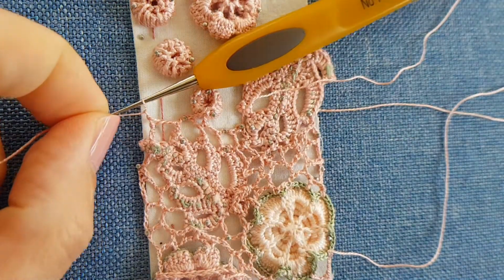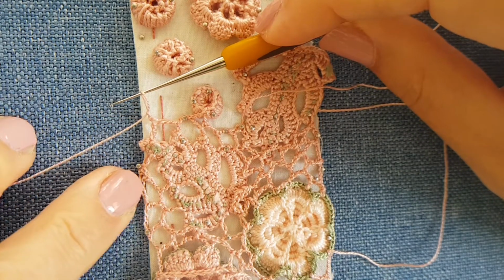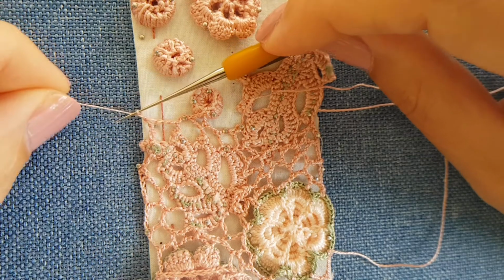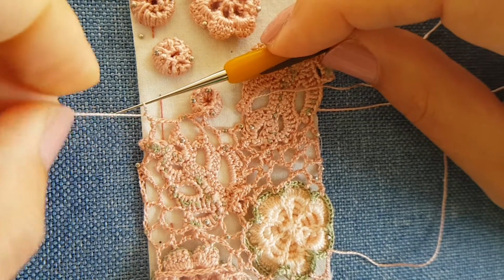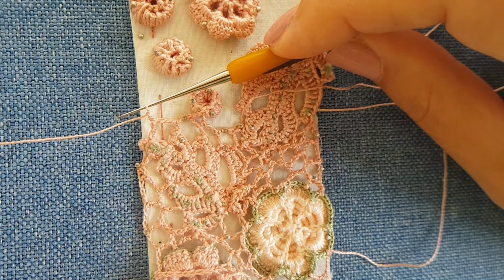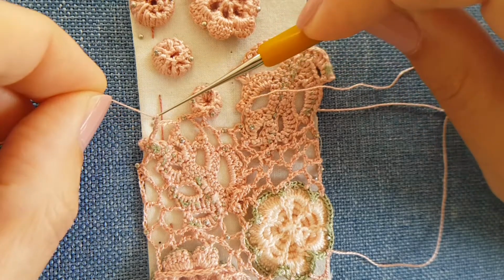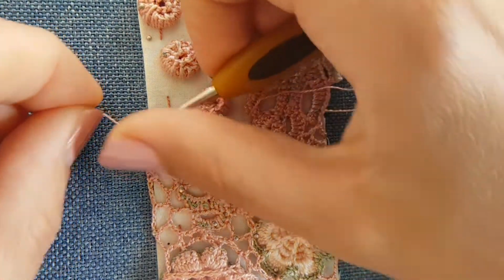Now when it comes to the edges, because it's a free form crochet, let's say this edge is coming out from my model of the collar, but this is only a small thing, so I won't be worried too much, because when I'm finished with the lace, I will be finalizing the edges with a separate, basically just single crochet and a little picot, so that way I will even out the edges. But say, for example, I can crochet a very small one here, and do,